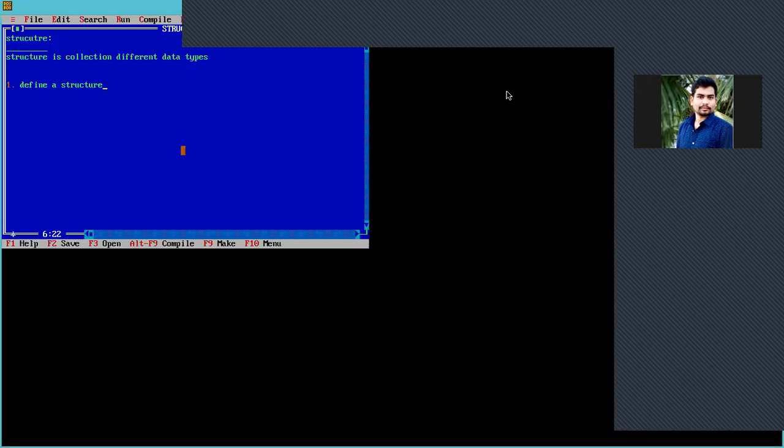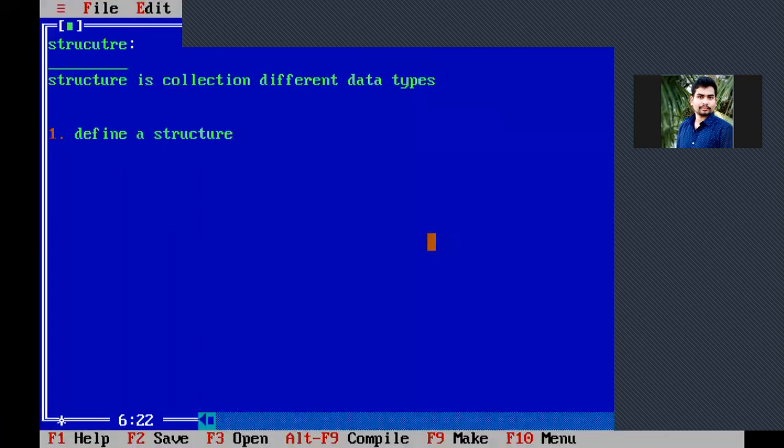Yeah, first important side heading, the first important thing we are going to discuss under structure is how to define a structure. For example, if I talk about a student, I have to store the name of the student, roll number of the student, and percentage of the student.